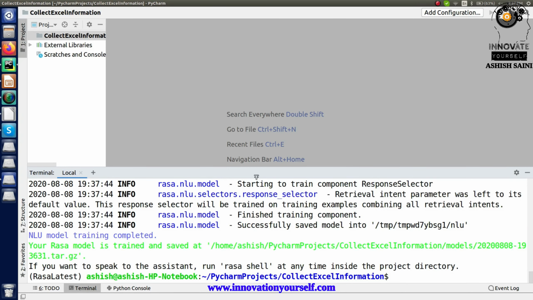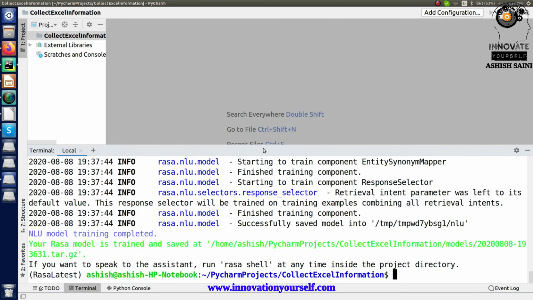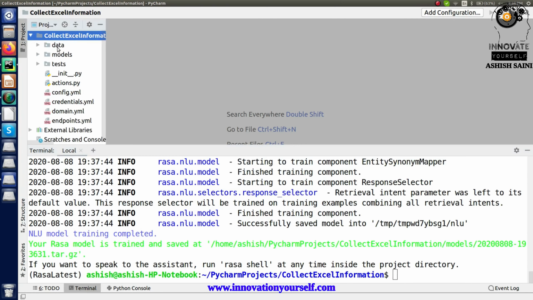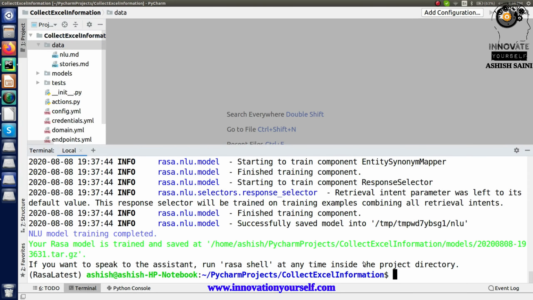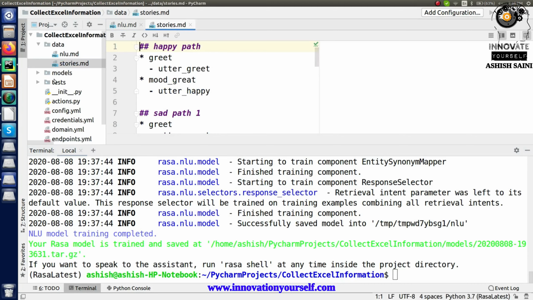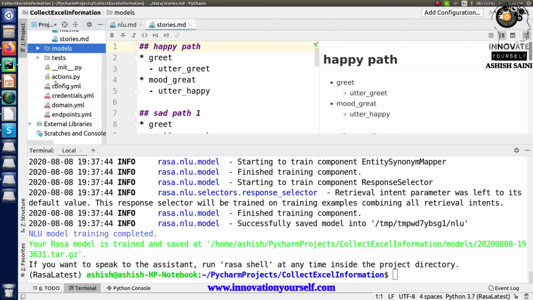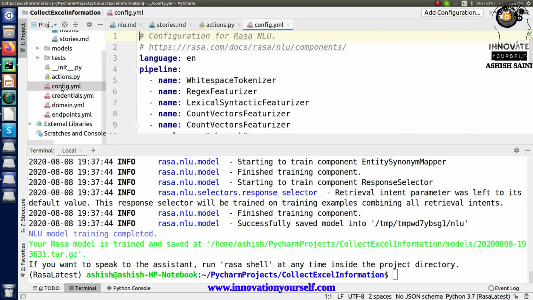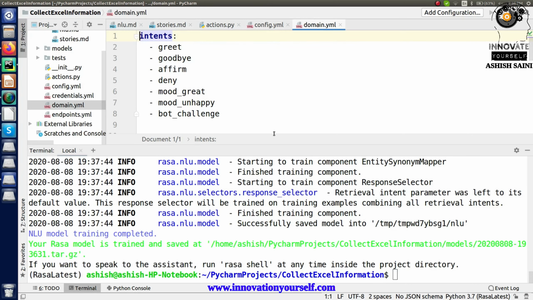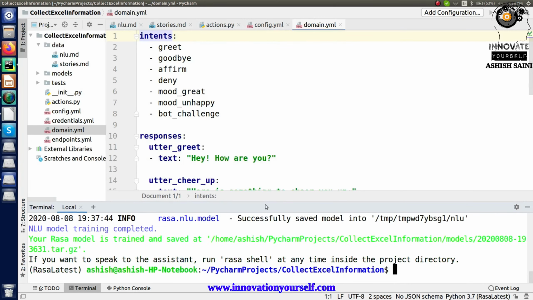Alright, so your Rasa chatbot is ready, your initial project is built, so you can check it here, right? You can see everything here. Now if I run this, you already know what is going to happen. It is going to work as per the data set that you have right now. So this is the NLU, this is the stories. In this you will have the first model, which is just trained right now. And in here you have the action file, your configuration file, and your domain file. So these are the different files that you have right now.